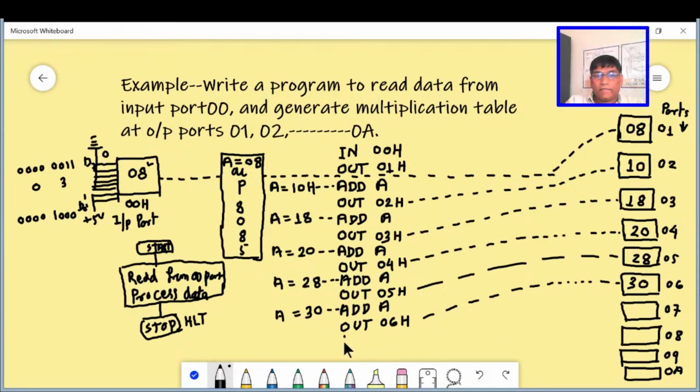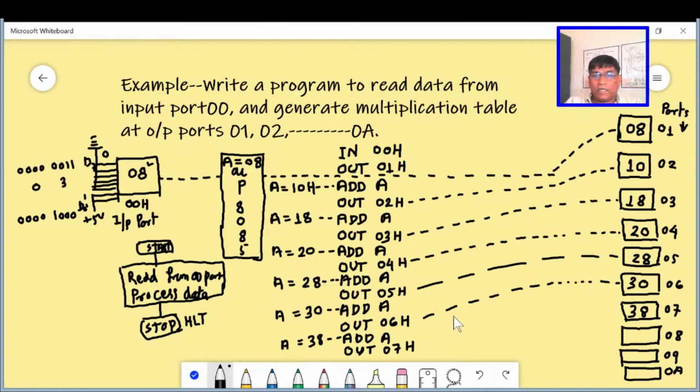Again we write ADD A. After this addition, the accumulator content will be 38, and again we write the instruction OUT 07H, and when this instruction is executed, this 07H will contain 38.